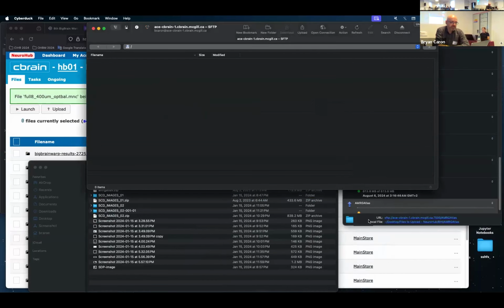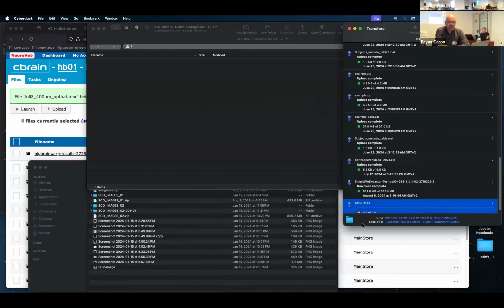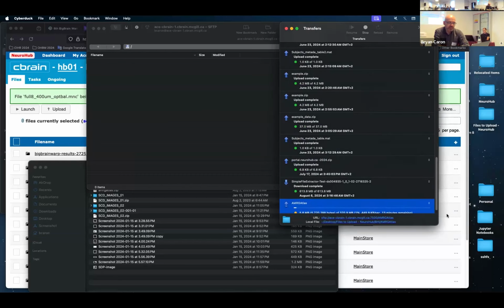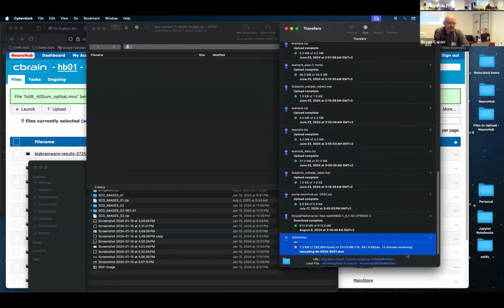Then you can see, again, this is where we don't force people to use the command line to do the uploads. If you have a popular tool that you're more comfortable with, I know on Windows there's one called, I think, FileZilla, something like that, so you can use that. You can see all of these files, and I'll have to interrupt it here because it's going to take a long time over this network. So it's in transit now. This is uploading to an SFTP area on CBRAIN.